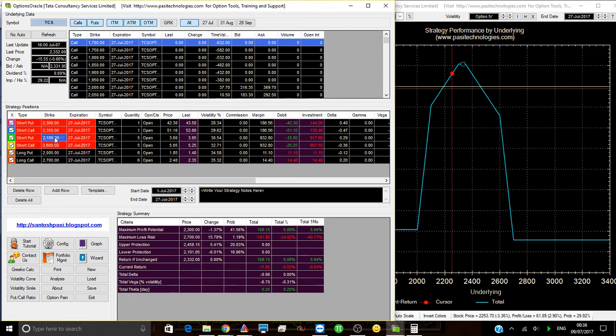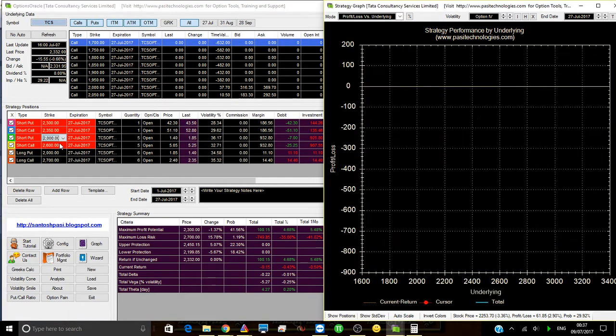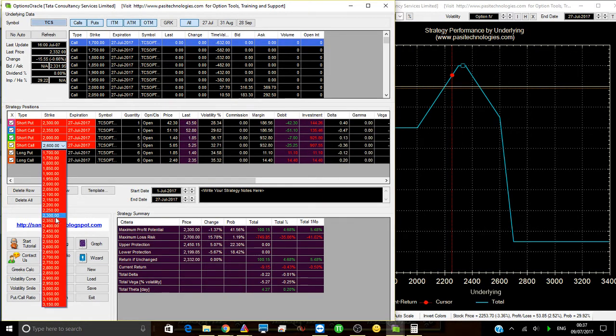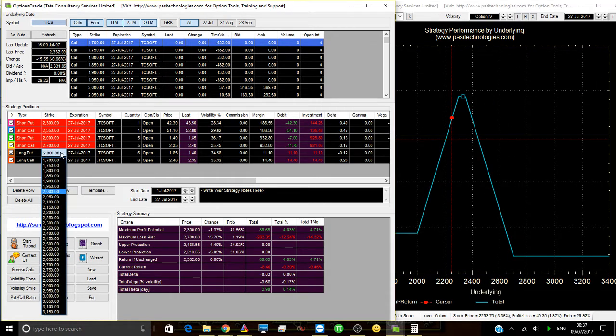If I'm going to move this further, 2027, let's quickly do that. Let's move this to 2000. Let's move this to 2700. If I move these wide, I also have to move these wide. 1900 and